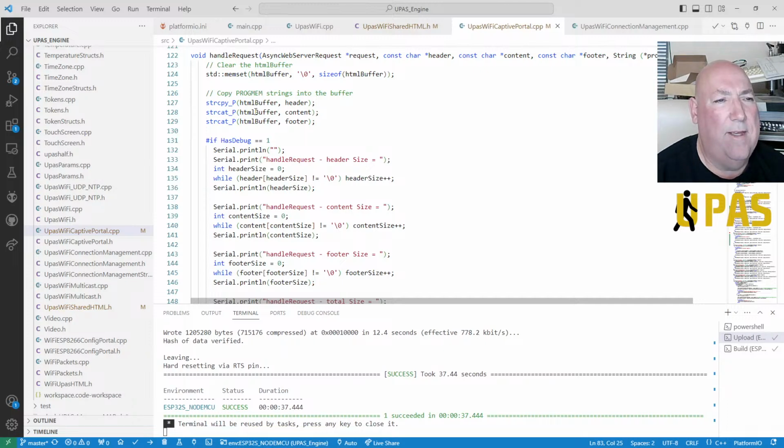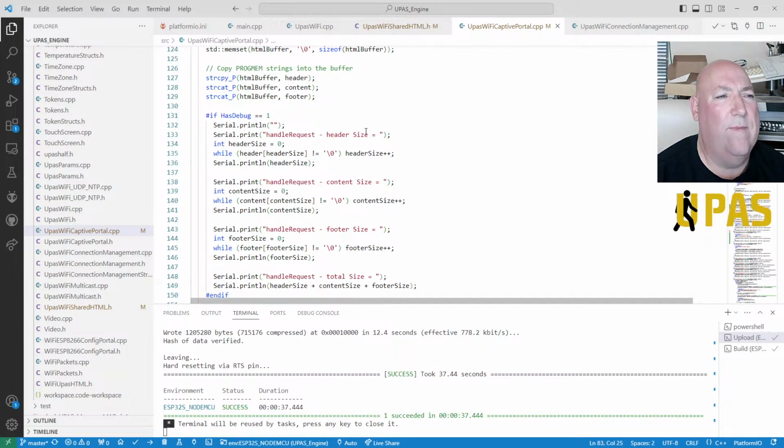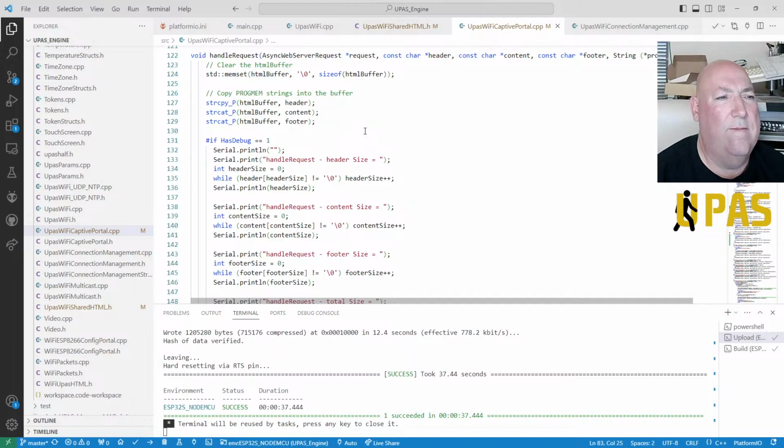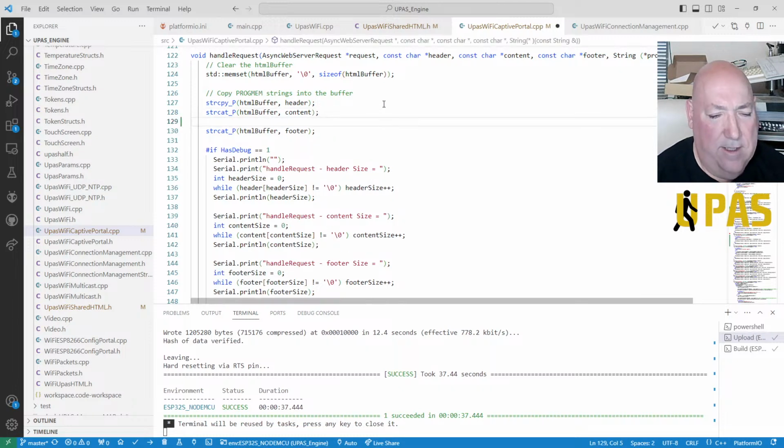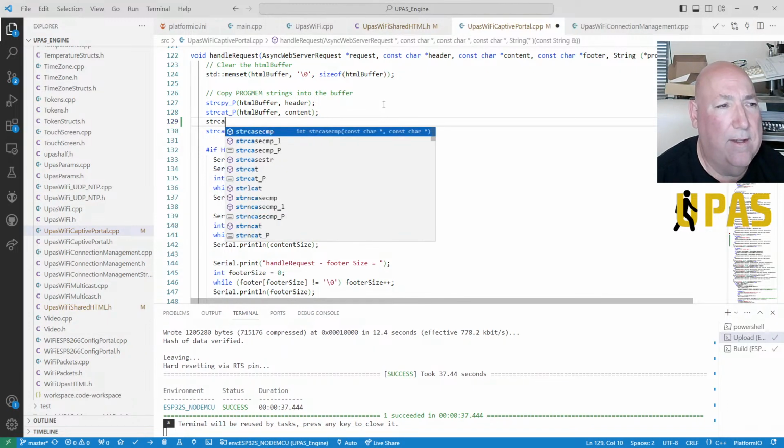String concat p buffer content. So we might need a different version of that. We need that one, and then we need that. What we need to do is, is there a version of string cat that's not from program memory? Don't know. Might be. Let's just put one on that. str cat, string cat, and string cat p. Yeah, so string cat, constant character. There we go. P.